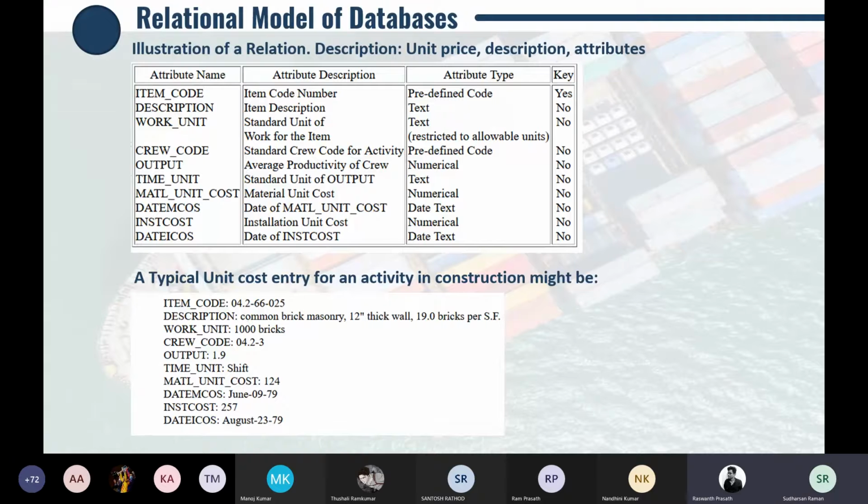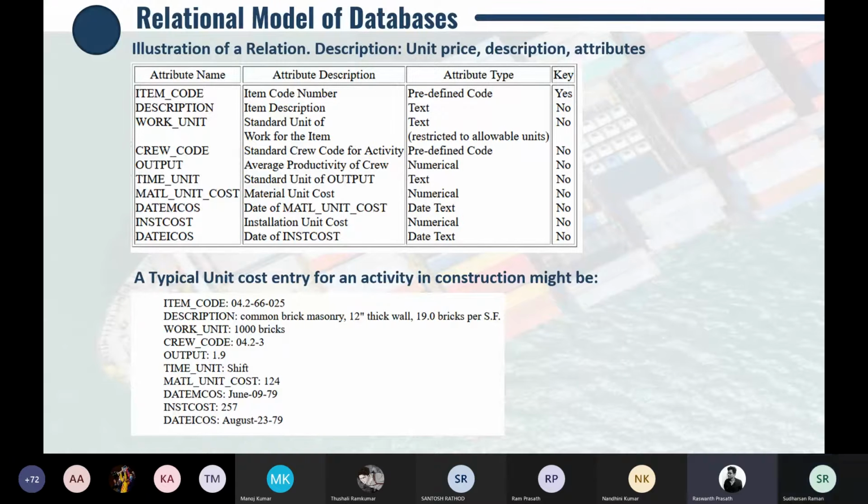As we discussed earlier in this concept module, the data will be organized in a series of relations or tables which are associated in the ways in the data dictionary. A relation consists of rows of data with columns containing particular attributes. Here the description of the work is we have to build a 12 inch thick wall.